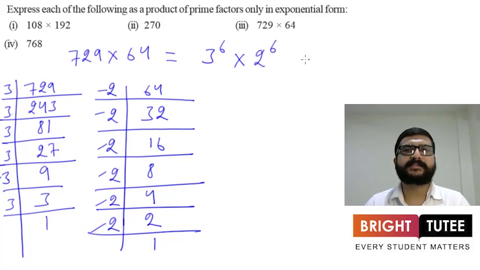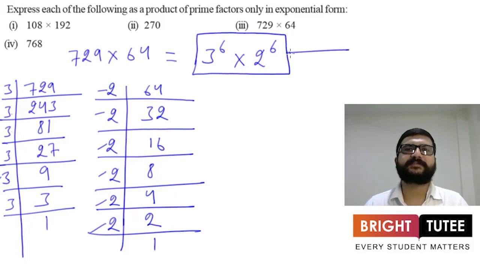Now here we are multiplying two powers with same exponent but different base. So let's multiply their base and keep the exponent same. This is one of the laws of exponents. So this will give us 3 into 2, that is 6 to the power 6. But here we have to express the number as product of prime factors only in exponential form. But 6 is not a prime factor, so we have to keep our answer in this form only. That is 3 to the power 6 into 2 to the power 6. No need of simplifying this further. This much is enough.